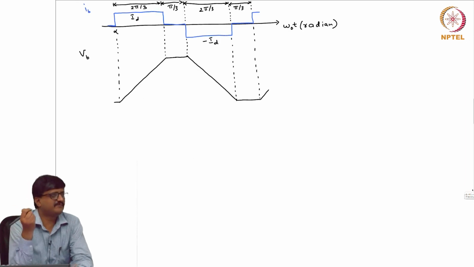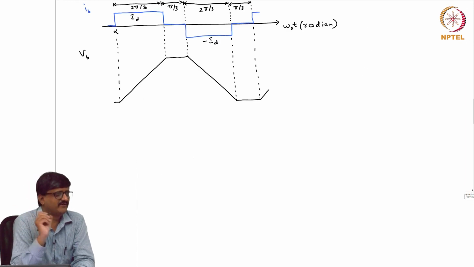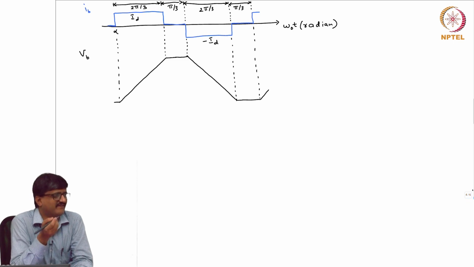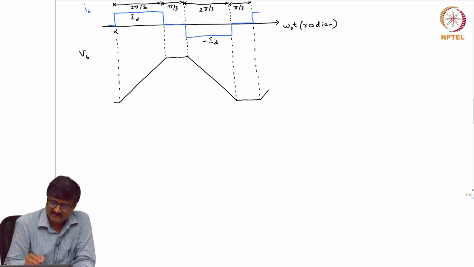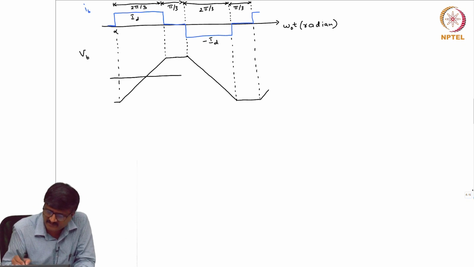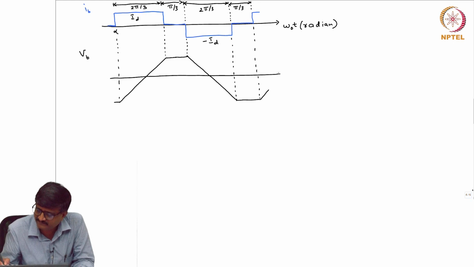I am always trying to plot only steady state waveforms, no transient analysis done here. So, the steady state waveform will have an average value of 0. That cannot be inferred from the circuit that I have drawn. It can be inferred only by the fact that there is always a resistance, only thing is we have ignored that resistance, that is all. So, the plot is something like this, where the average value happens to be 0.